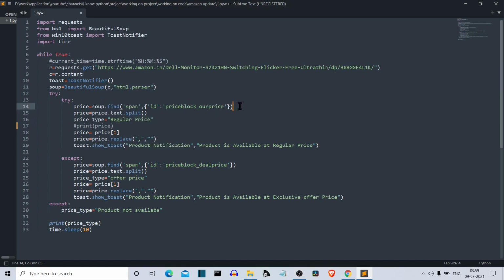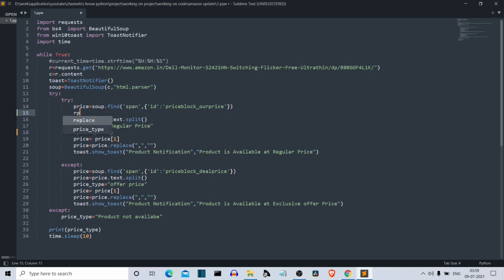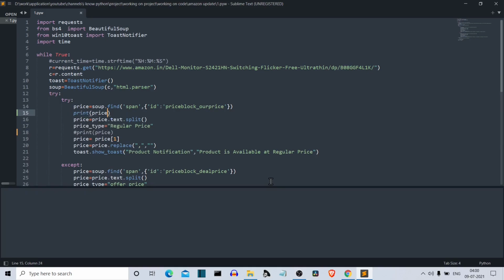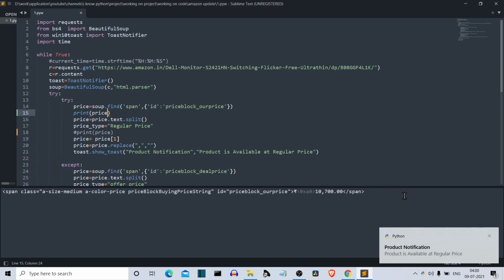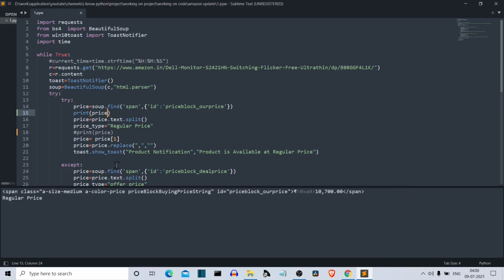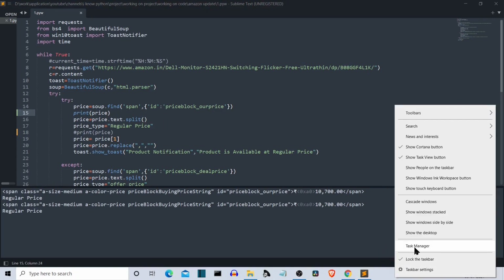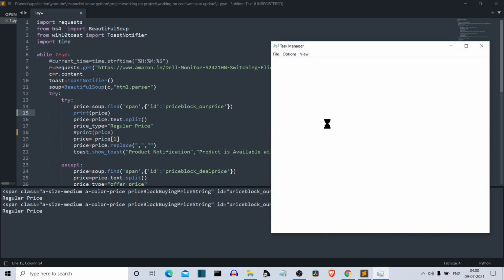This price value actually has a lot of data. So let me show you. It has the span, class, and all the things here, but we don't want all these values. We only want the text, the numeric value. So let me first close this program. It's very irritating.